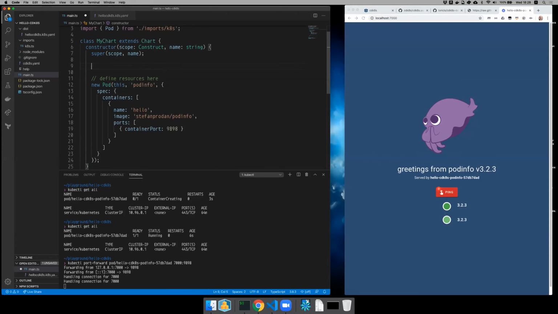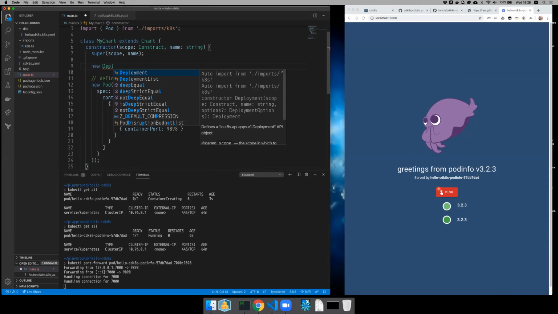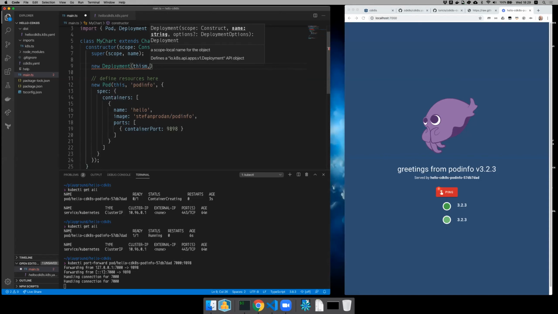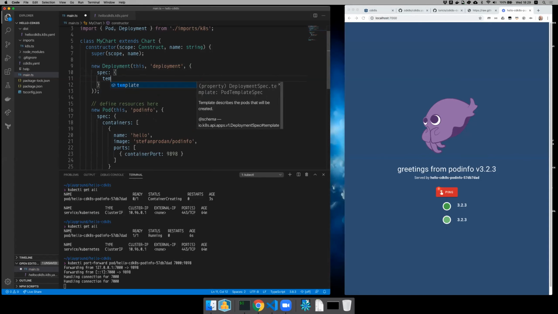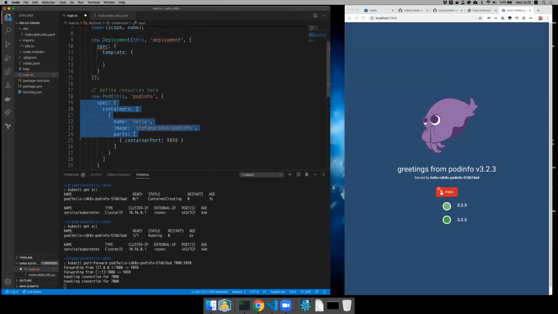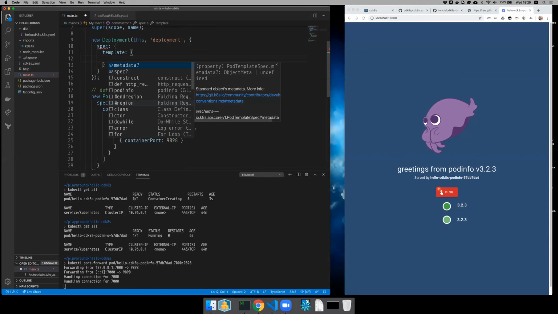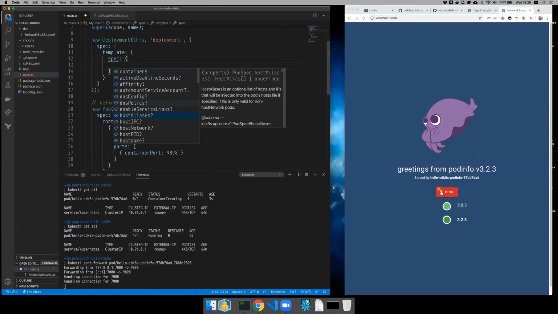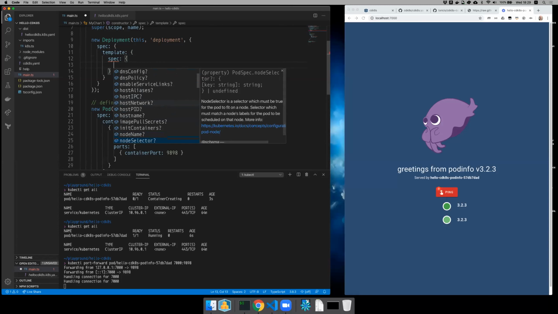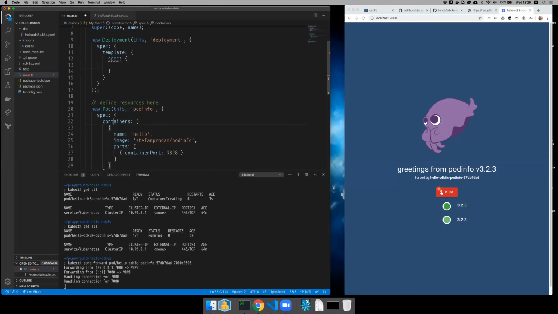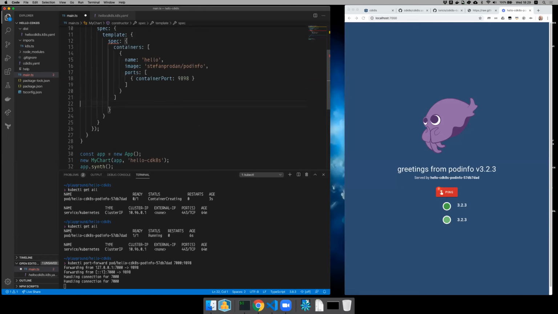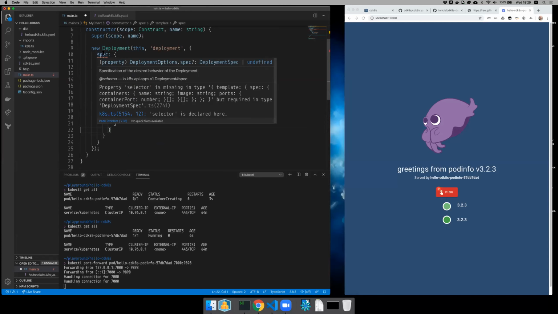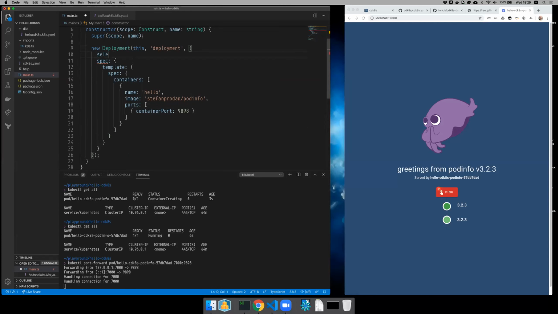Okay, so let's refactor this code a little bit. I'm going to create a deployment resource. And the spec for a deployment resource is a pod template, so I can just use this pod template. And again, this is fully strongly typed. You can see all of the APIs of the deployment pod template over here. I basically want this, right? And what else do I need to specify? Oh, I need to specify a selector, right?